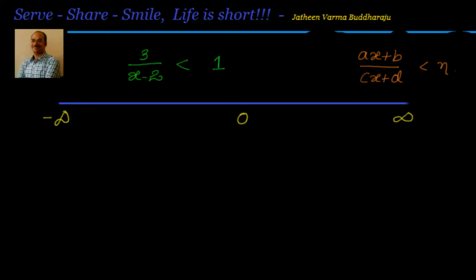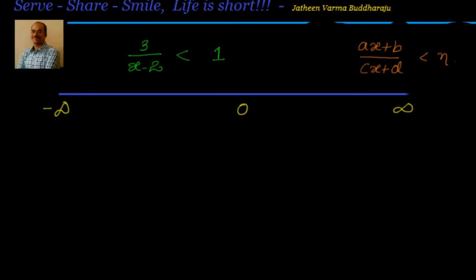We are solving some examples as part of linear inequations in one variable. So let us look at the type of problems where we have ax plus b by cx plus d. Till now, in all the problems we have looked at, the denominators have had only numericals. For the first time, if there are variables or an algebraic expression, then how do we solve that? That's what we will look into in this session.